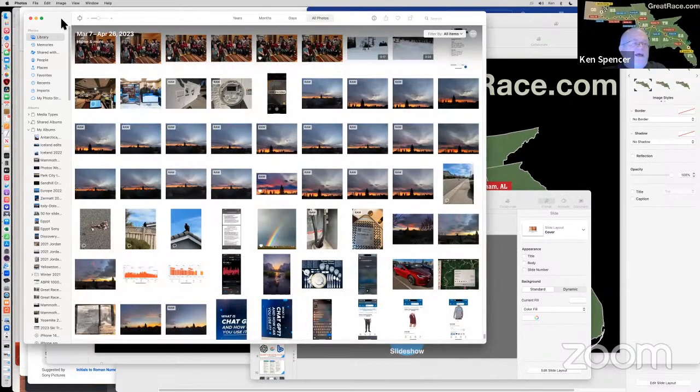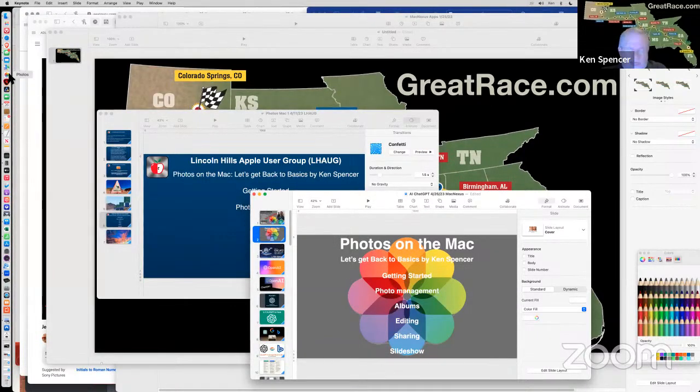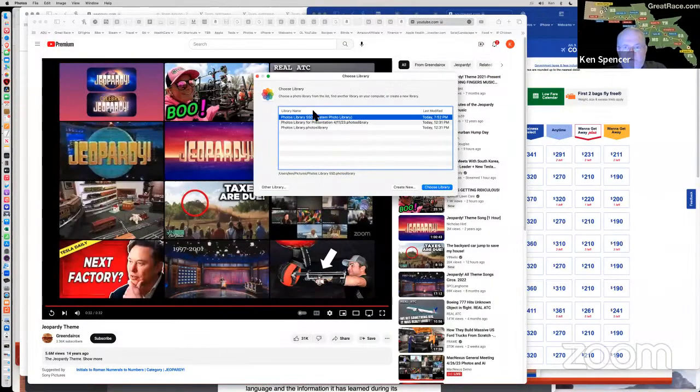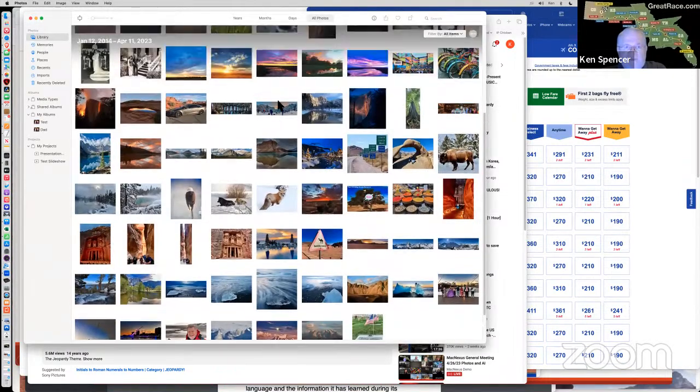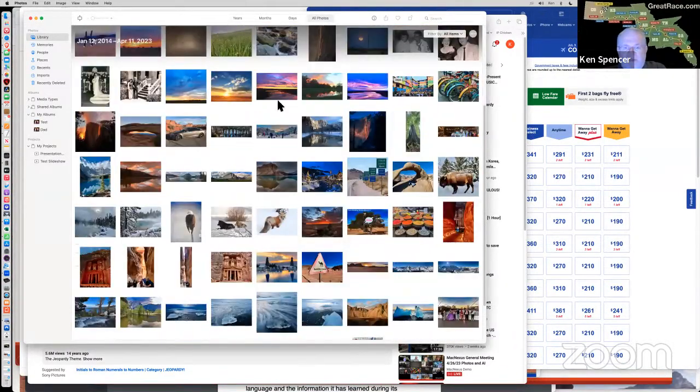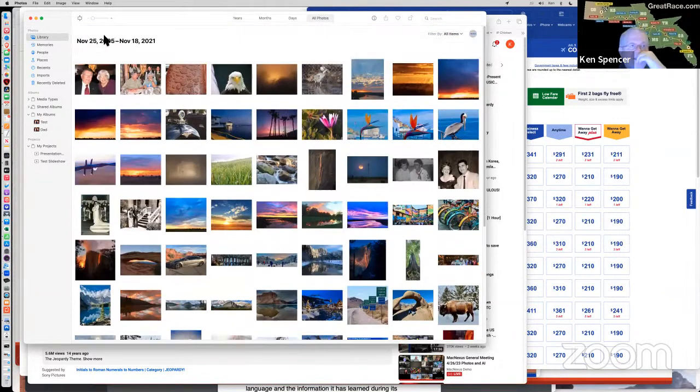And actually, I had, let's do this. First, we're going to show you, I have an alternate photo library that I can use for this. So if you hold down the Option key when clicking on Photos, you can choose what library you want. So I have this smaller library that's just a bunch of these shots from my travels. And we'll talk about